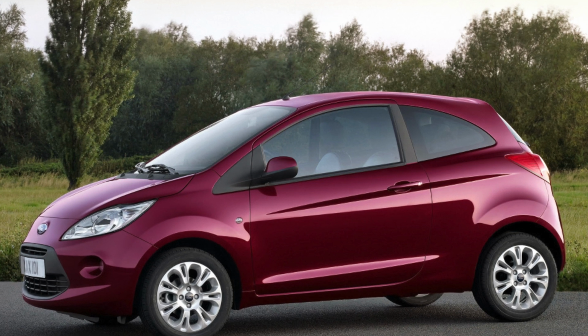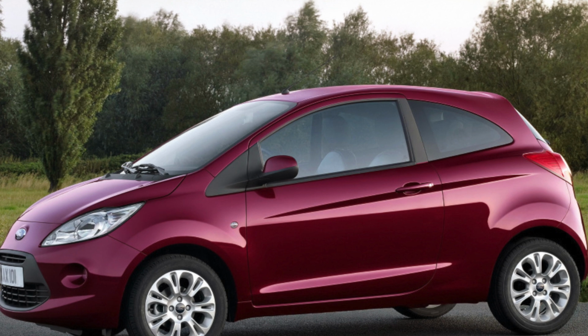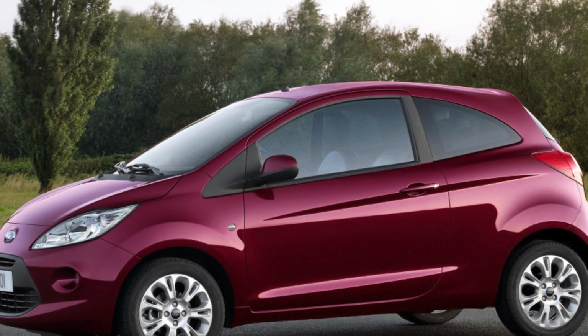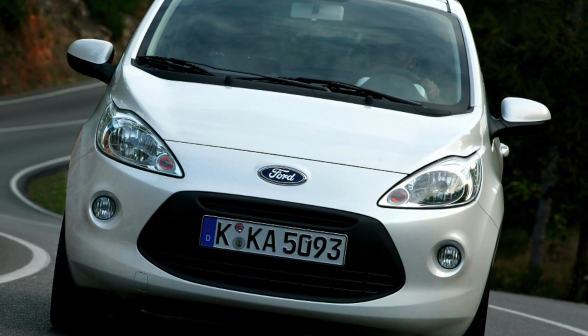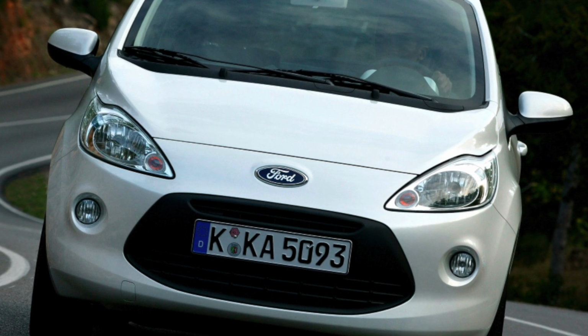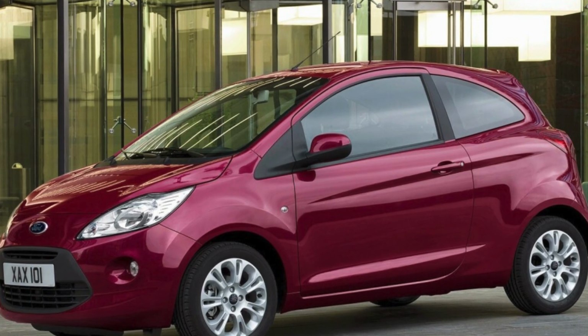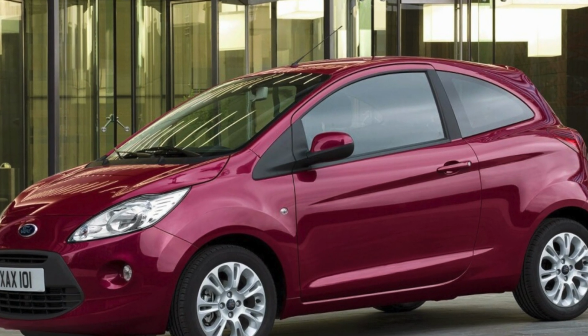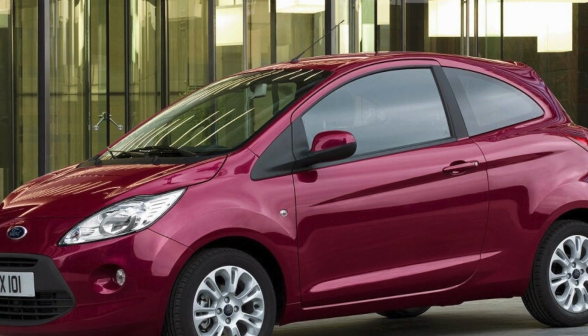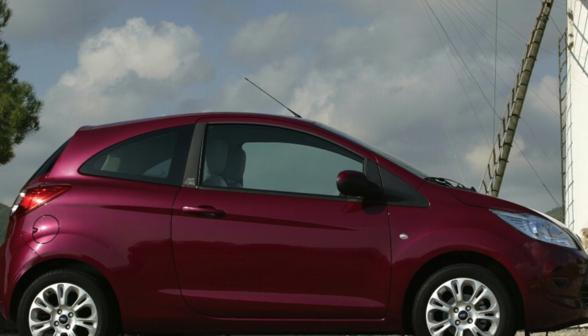Ford Ka 2008-2016. The first Ford Ka was a kind of motorized teapot, a tiny and rather peculiar-looking thing that was good to drive. It energized the class and spurred other manufacturers on to achieve greater things. It was 2 doors only and available with only one rather old and trashy engine option. But it was a huge success commercially, so much so that this second-generation Ka had a lot to live up